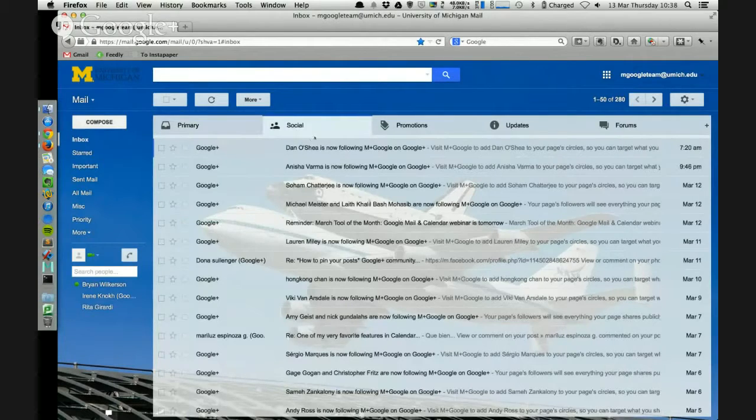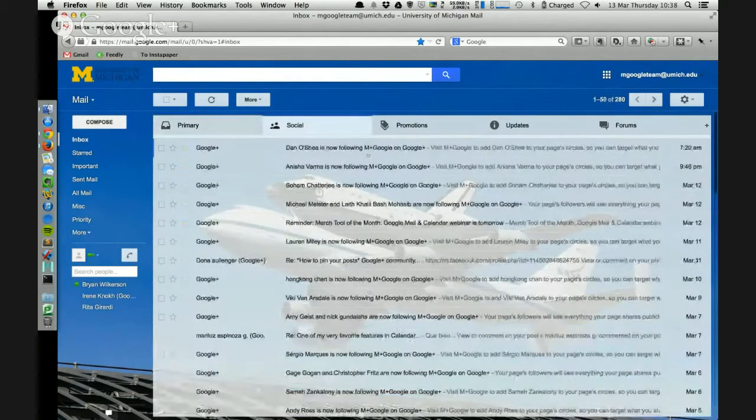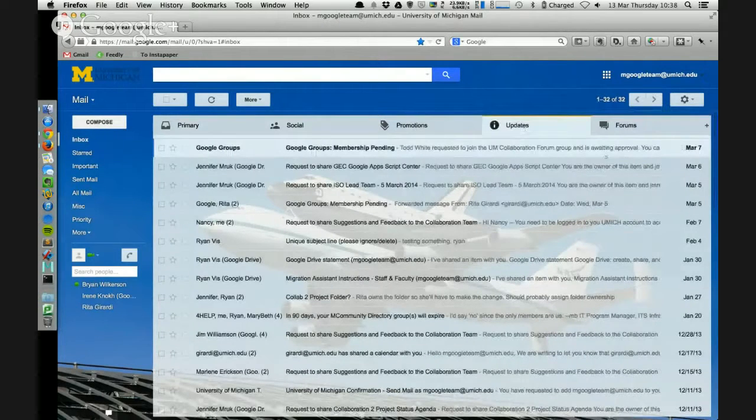It's just blatantly clear to Google's algorithms that that stuff is social. If you don't need to get those updates in your primary inbox, that's a really handy way to filter out some noise. We have a lot of automated systems here on campus that spit out notifications about this, that, or the other system is up, down, needs a little attention. Those kinds of things are quickly filtered into updates.